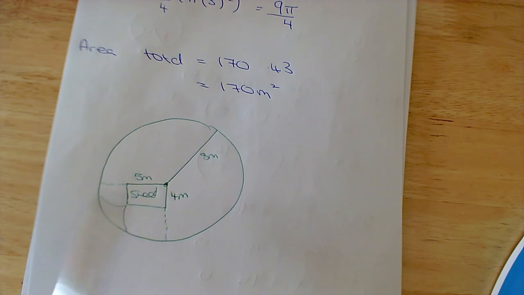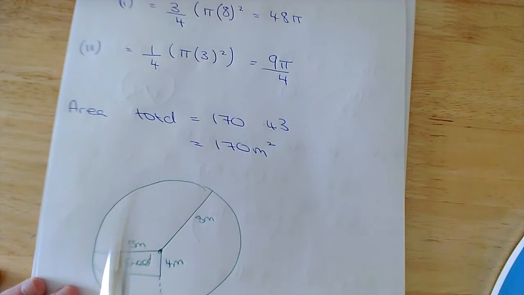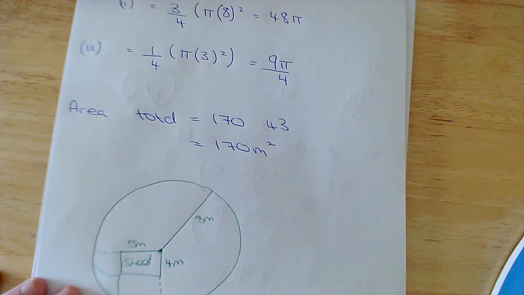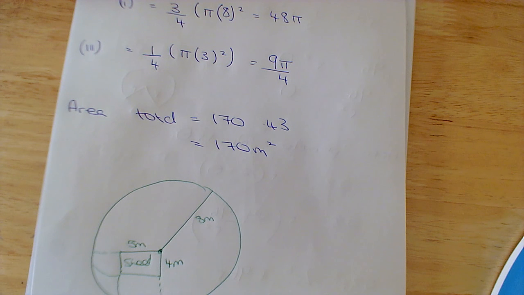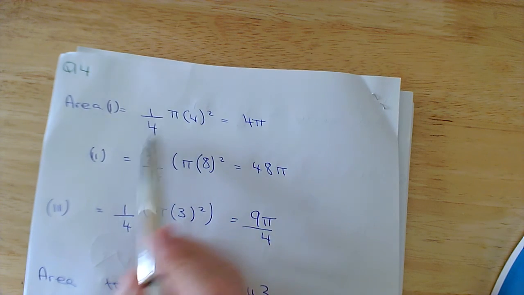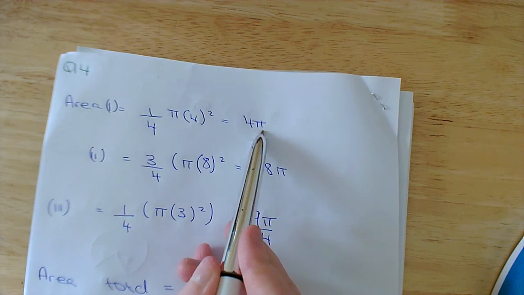So the first thing that we get is, for part 3, the area of the different circles that are going to be made. This here is going to be representing a quarter, and this is going to be representing 3/4, the rest of it. So the area of the first part, because we are in a quarter, its area of a sector is 1/4 pi, and my radius for this one is 4 metres, so it's going to be 4 squared. So my answer for that one is 1/4 pi 4 squared,